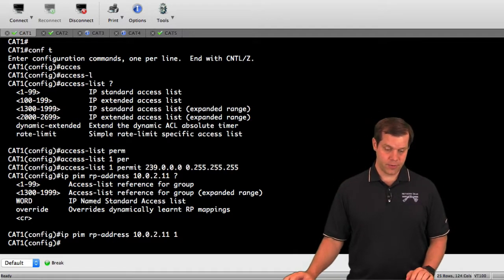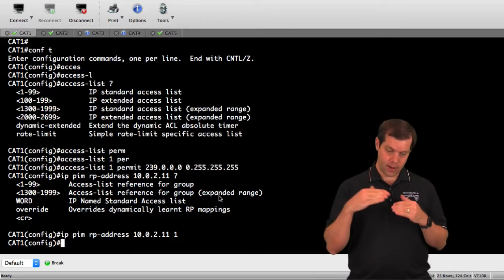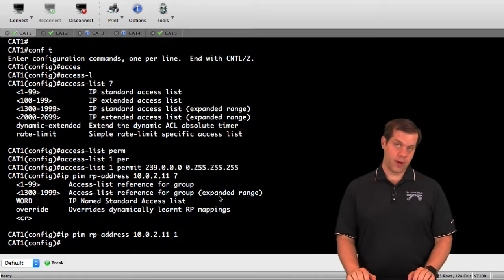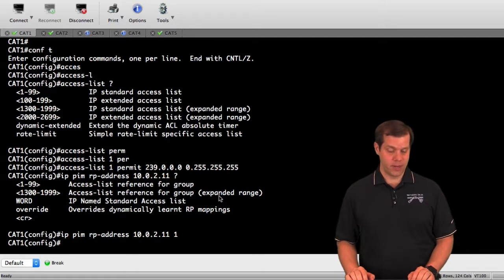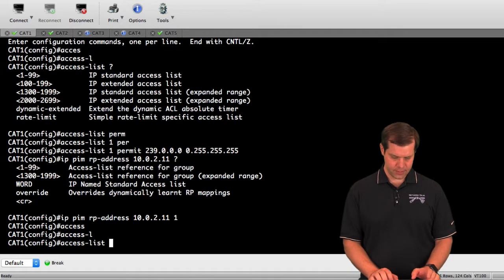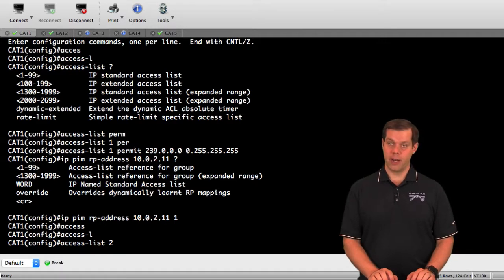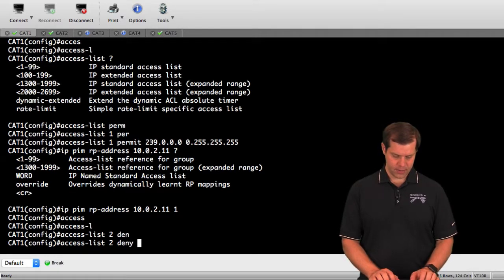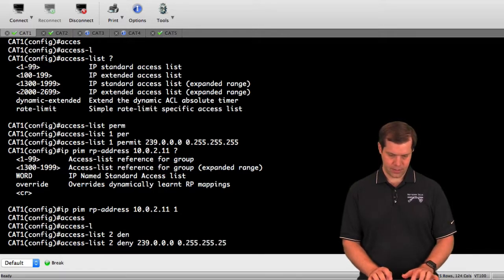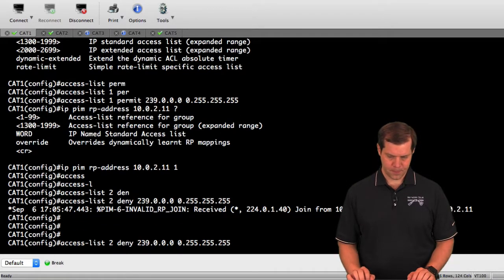Now we want switch 2. And the thing is with static mappings, I need to configure everything on every single device. So for switch 2, I want it to be the RP address for everything except for 239.x.x.x addresses. And so I'm going to need another ACL. So I'll do access list 2. Now with the static mappings, we can shorthand this. So let's deny 239/8. And then permit,